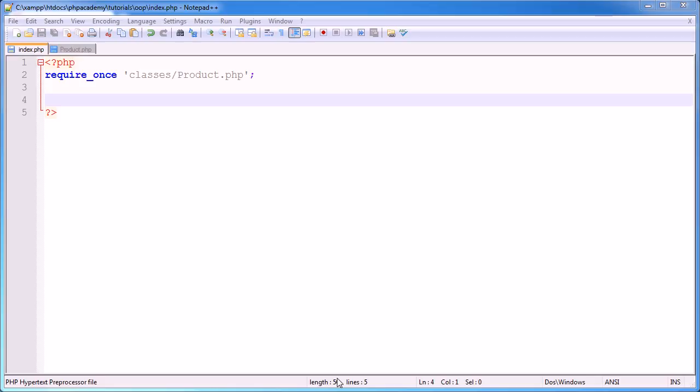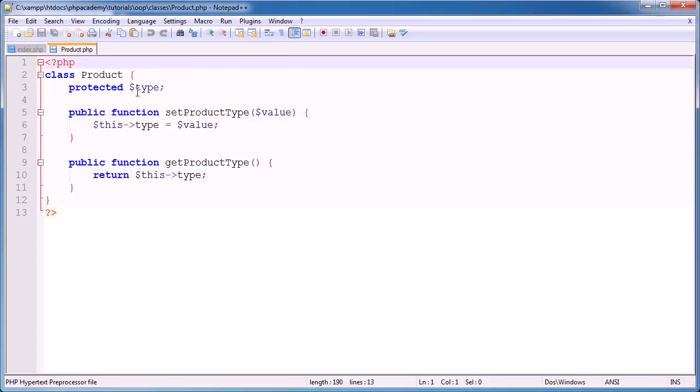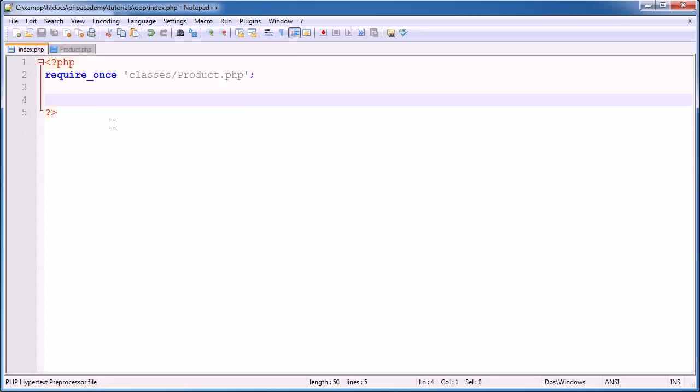In this part, we're going to look at the constructor method within a class, which is going to allow us to essentially shorten the process of setting things up inside of our class. So what I mean by a constructor is, when we instantiate the class initially, we may want to set the product type straight away, and we might not want a set product type method to do this separately. So the way that we did it before is we instantiated the class by creating a variable called